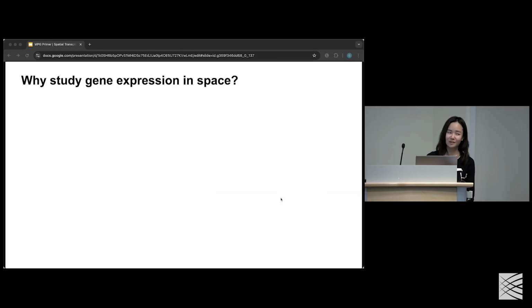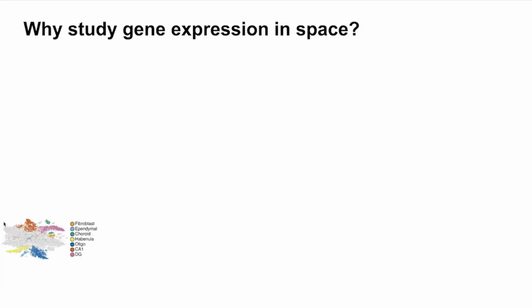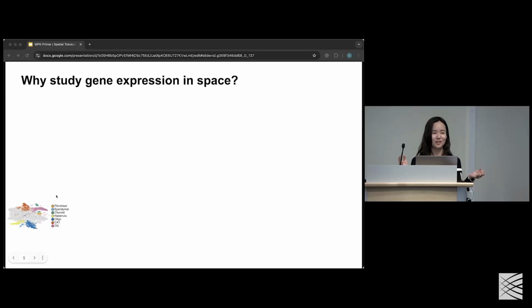Okay, so why do we care about studying gene expression in space? Well, first, this is very small. But this is an example of a very earlier UMAP plot from one of the earlier spatial technologies. A UMAP plot is a type of plot that you get in single-cell RNA sequencing, where every dot represents a unique cell or nucleus. This dimensionality reduction allows us to see that cells that are closer to each other in their transcriptomic profile will tend to be also closer together in space. And so based on this unbiased hierarchical clustering, we see that there are distinct cell types